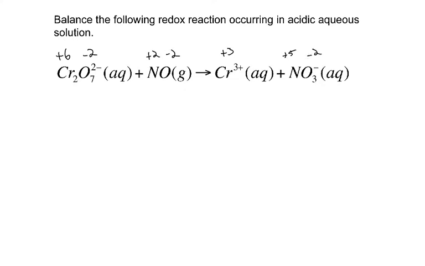Then I have a +5 for the nitrogen and a -2 for the oxygen. And so I need to split this into my reduction and oxidation half reactions. And so the element that was reduced was chromium. So it's going from +6 to +3. So its charge was reduced. So that's how I know that it was the one that's being reduced. So my reduction half reaction will be the following. And the species that was oxidized is the nitrogen. Nitrogen went from +2 to +5. So my oxidation half reaction will be